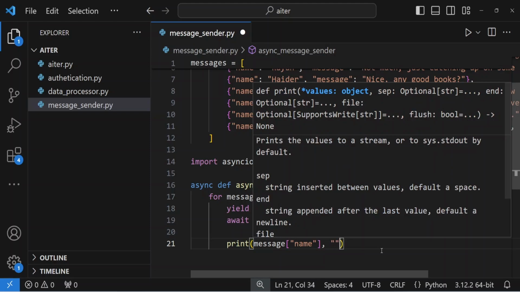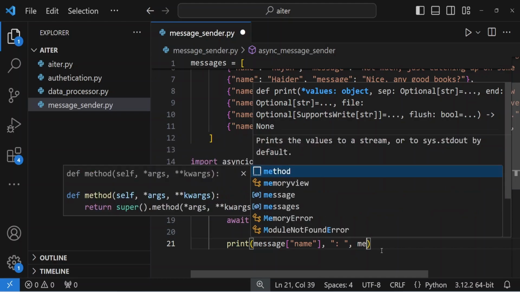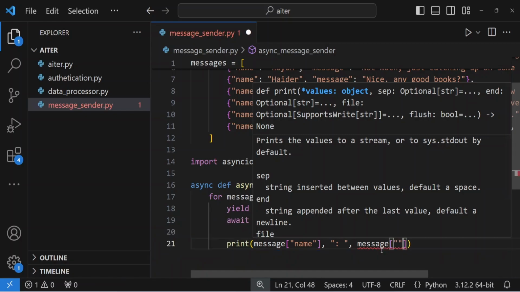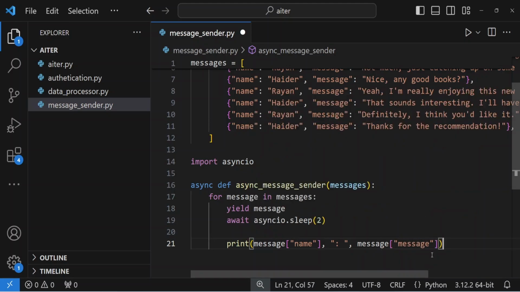I bring a comma and something like this. So the person will say, and in front of that, we're going to pass the message that the person sent. So we say message, and we use square brackets to access the key called message. All right, that's perfect. If this part sounds confusing, what I'm trying to do is that we use this function,